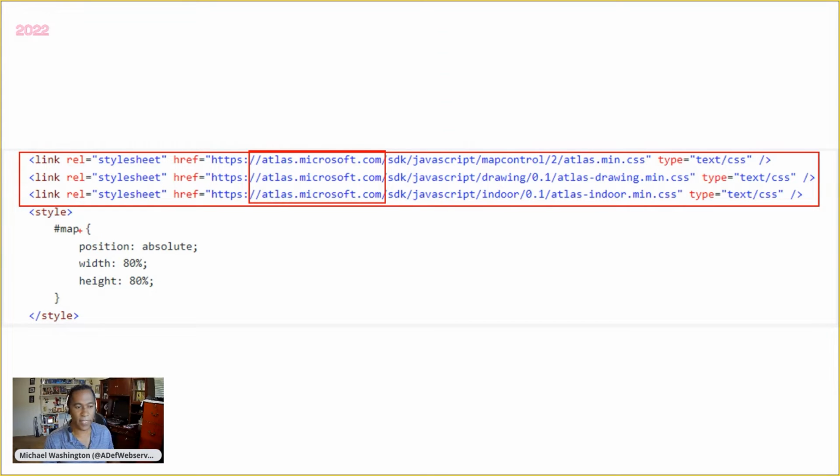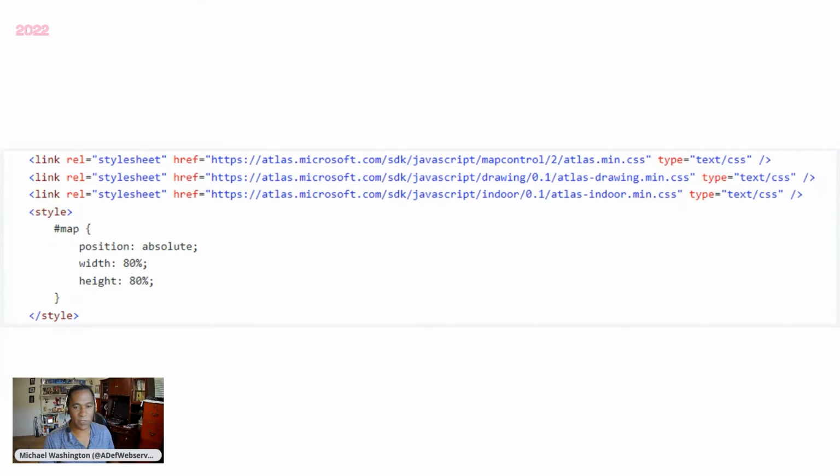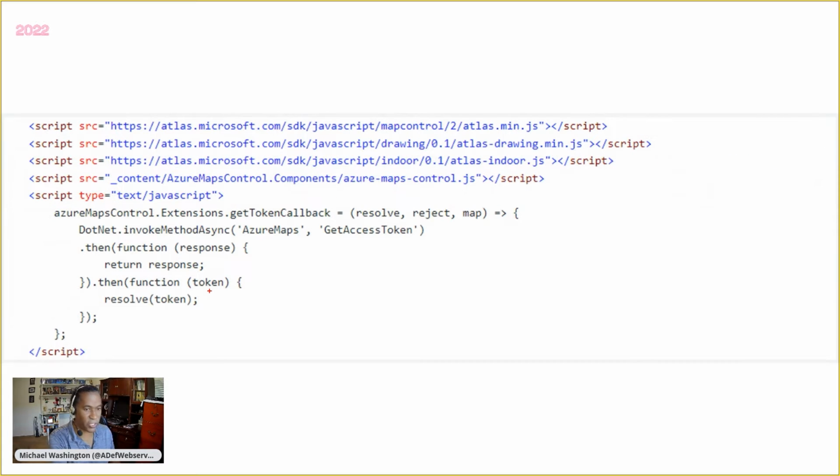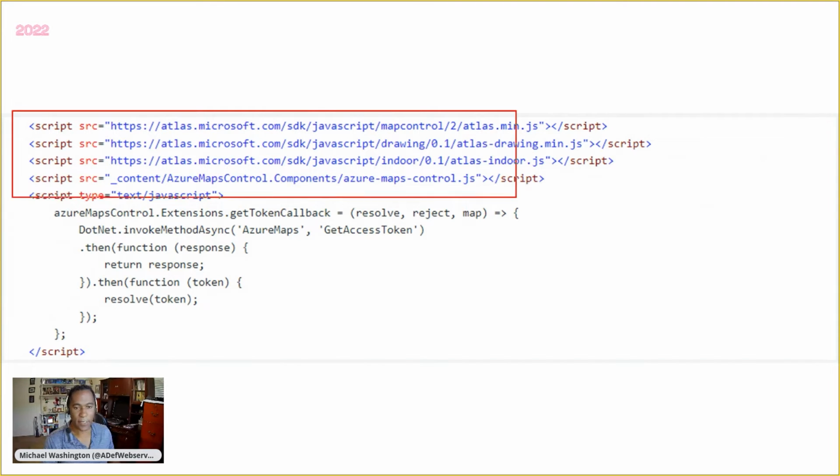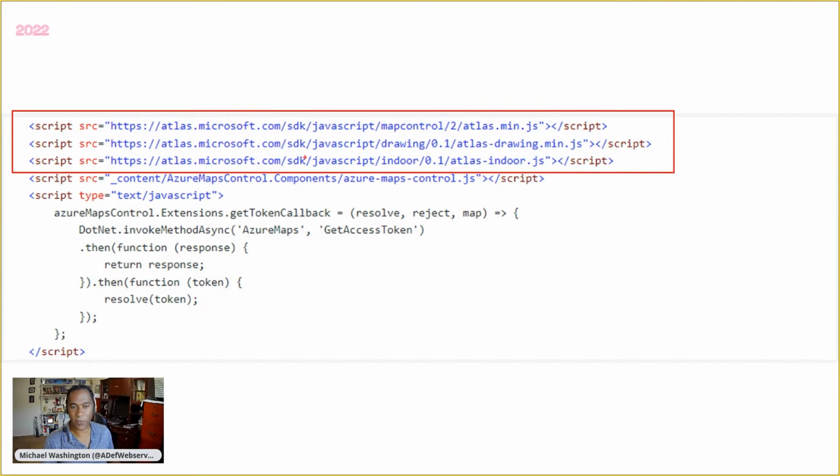So we put that there. We also have this map object here so that you can position it if you want to change the width and the height of the map that's displayed.